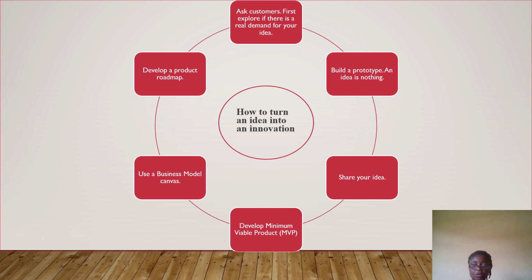The canvas helps to bring clarity to the abstract part, the business side of an idea. The method has 9 building blocks that you can use to get a better understanding of the